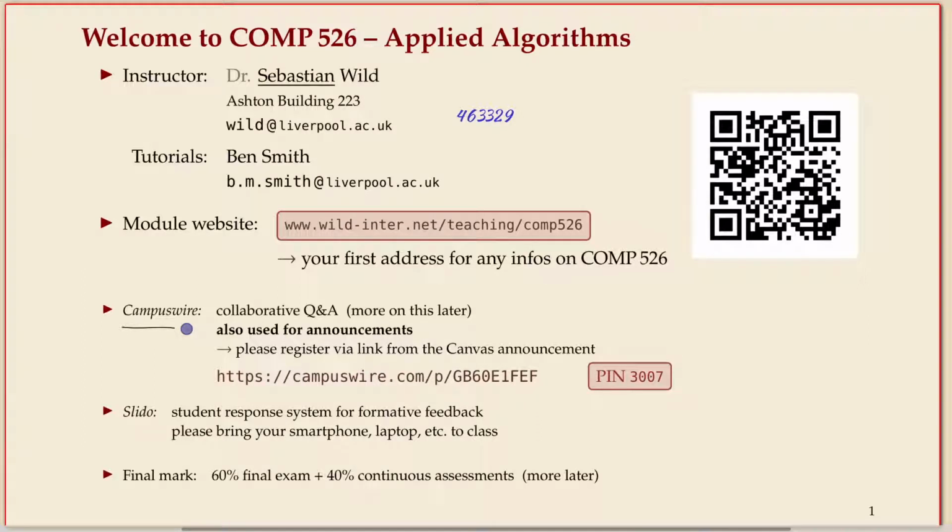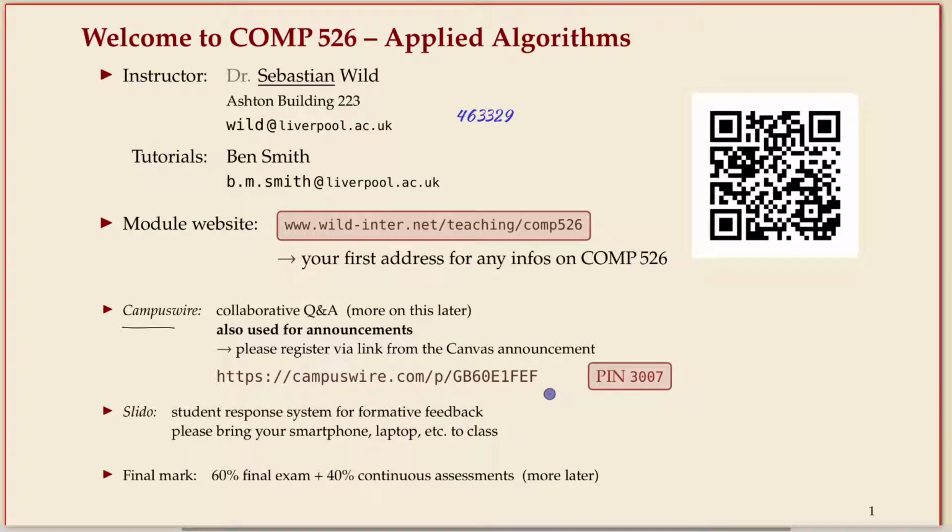But if you've used the forums on Canvas, you would probably agree with me that this is better. It's just a few extra features. You can ask anonymous questions, which I think is sometimes very convenient and useful. And it's overall a bit of a nicer interface. You can write Markdown and you can write LaTeX formulas. If that means nothing to you, don't worry. But if it does, then maybe you appreciate the nerdiness of that platform compared to Canvas.